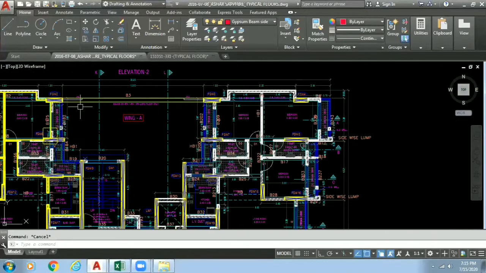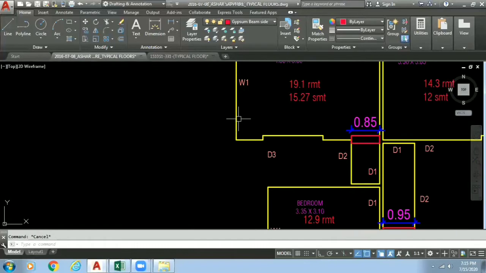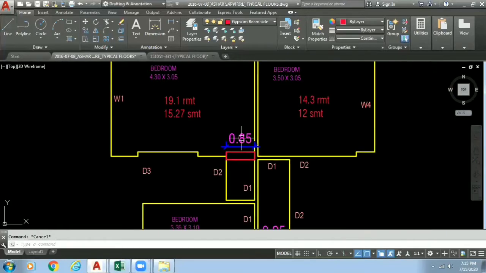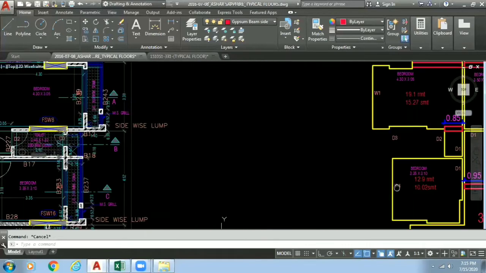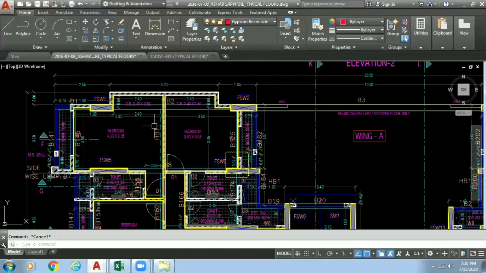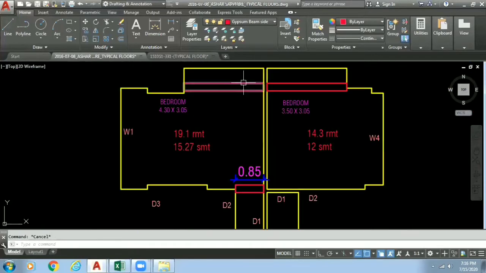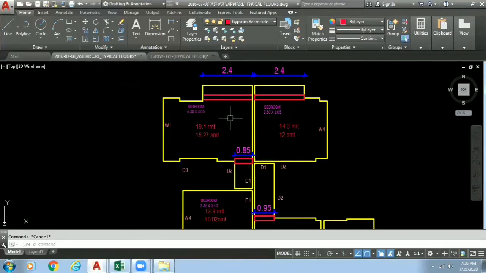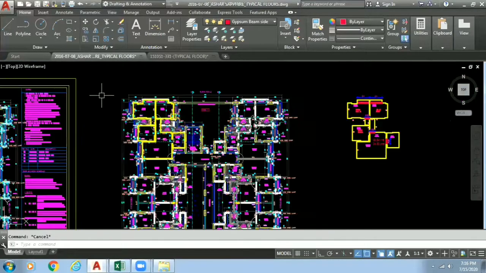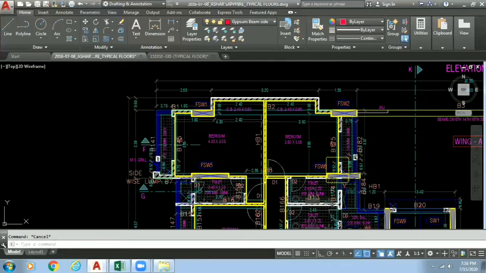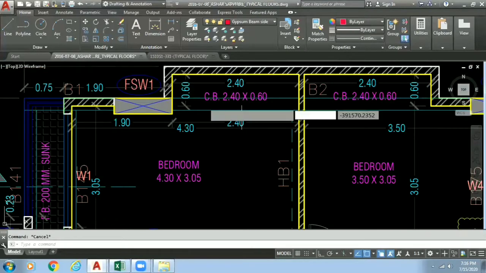Again, we have to copy this polyline separately, and you can see here some red colored rectangles over here, which are not shown here. What are they? Those rectangles basically are the sides of the beams where walls are not present. So I will just make another layer, gypsum beam side, as you can see, and I will just make a rectangle here